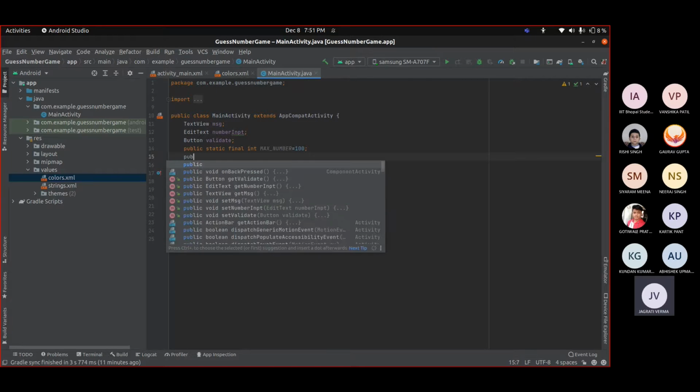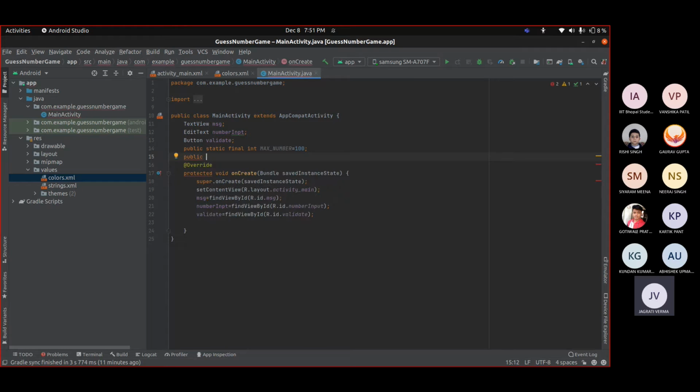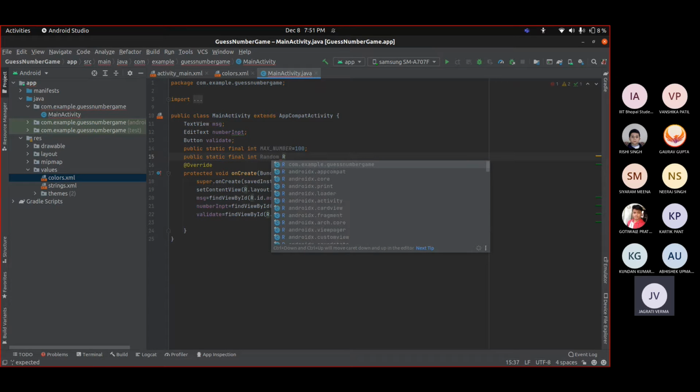Also, we have to create a random number. So type here static final int. For generating a random number, we will use the Random class. Okay, I think it will import it.